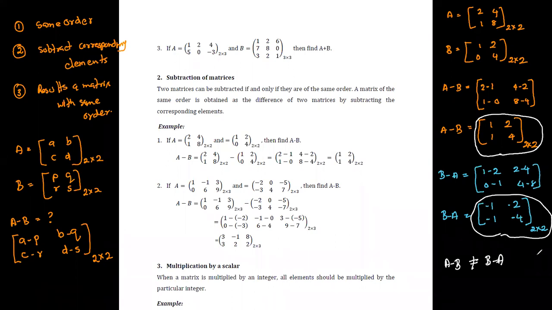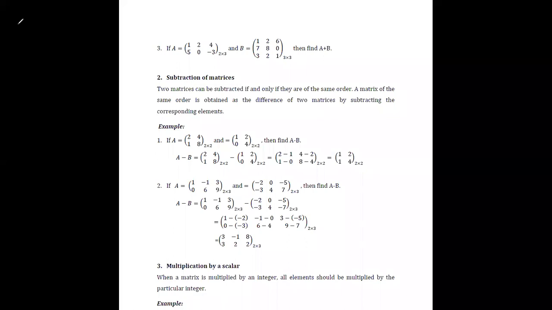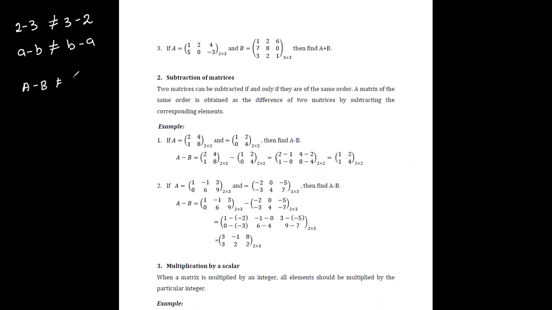For matrices also, the concept that we consider for algebra is valid. In algebra, 2 minus 3 is not generally equal to 3 minus 2. It is quite the same as A minus B not generally being equal to B minus A. For matrices also, this inequality is valid. These are not equal quantities. Therefore, this is what we have to keep in mind. You cannot change the order of the subtraction,